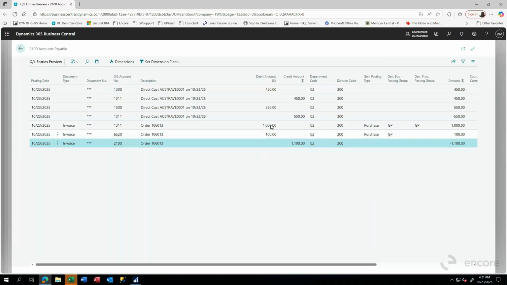This is the same entry that you saw from GP. These two are the direct costs, and this is how it handles receiving of documents. So it's receiving the document. This is the receipt of the document. It's putting it into inventory, and it's putting a credit to